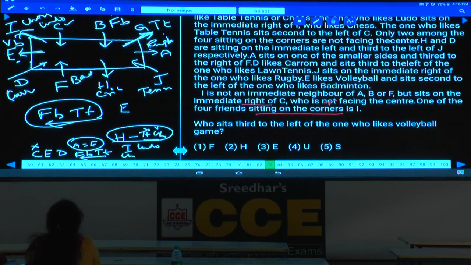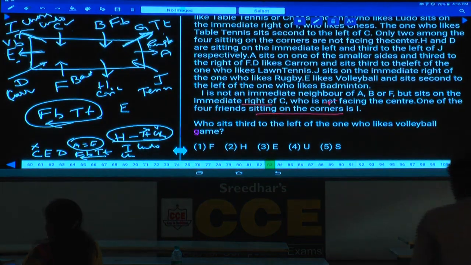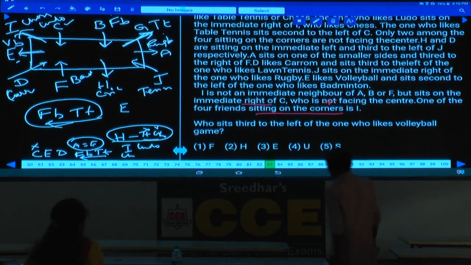Clear? And this is the information given. Now this is about paper number 41, and one more set is left over. In the next session I will discuss that set. Okay? Running out of time, and the next